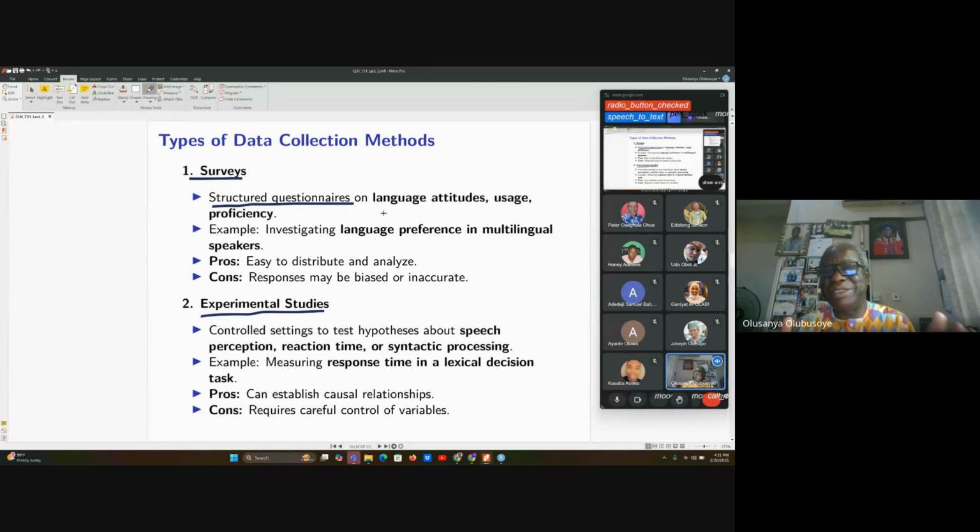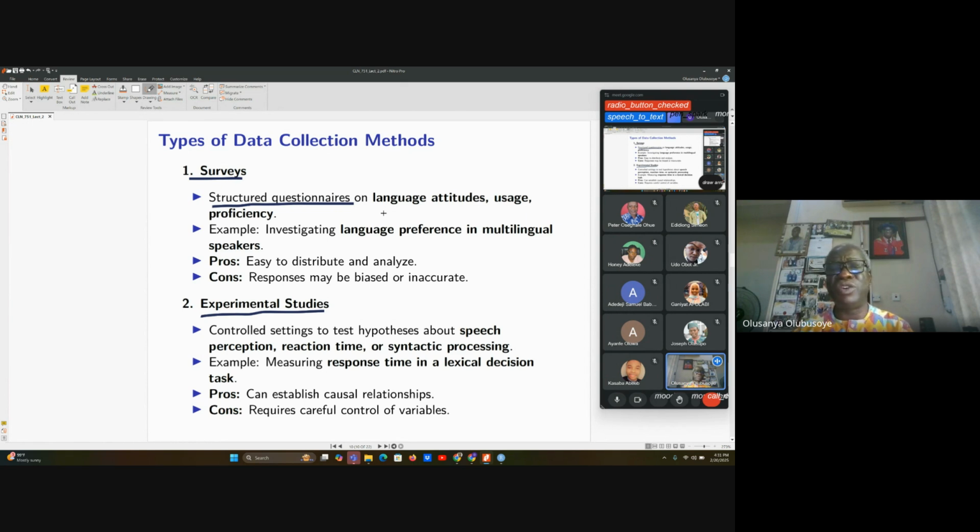They are under your control, and you are able to manipulate them. So, for example, if you are measuring response time in a lexical decision task,